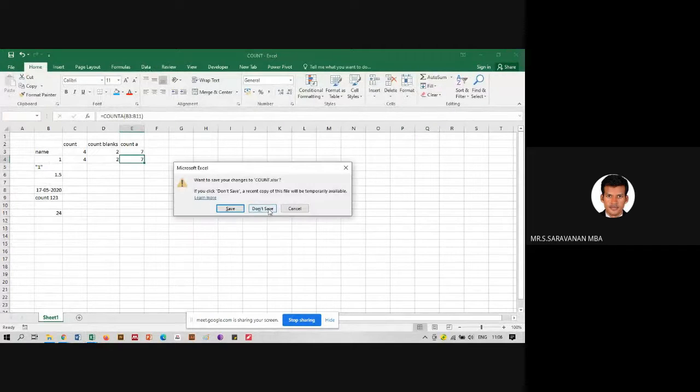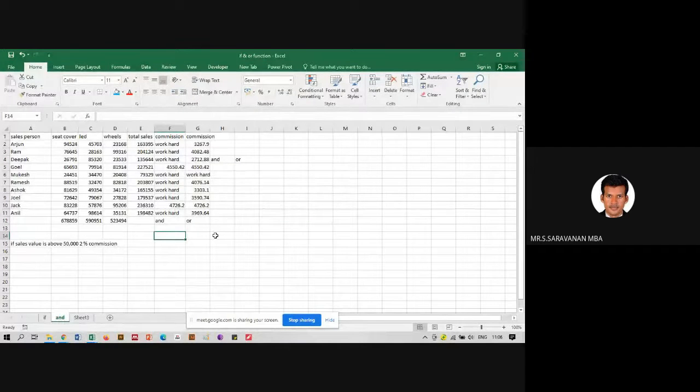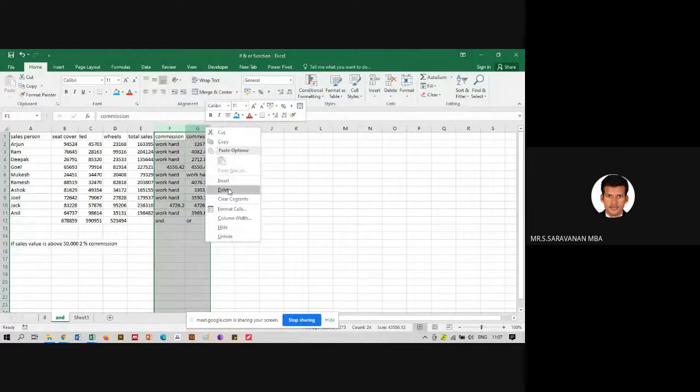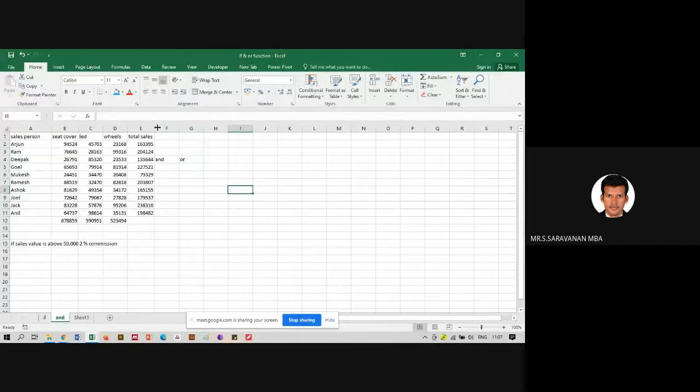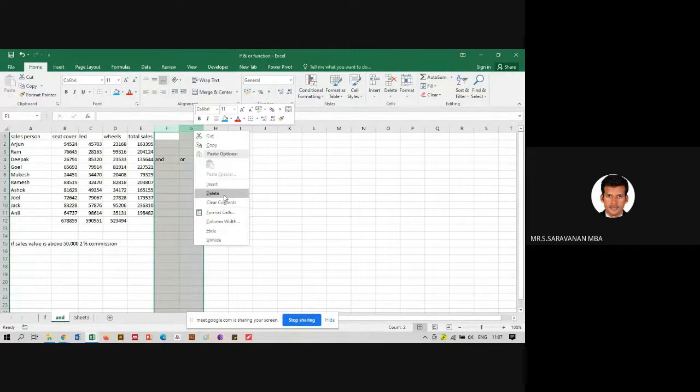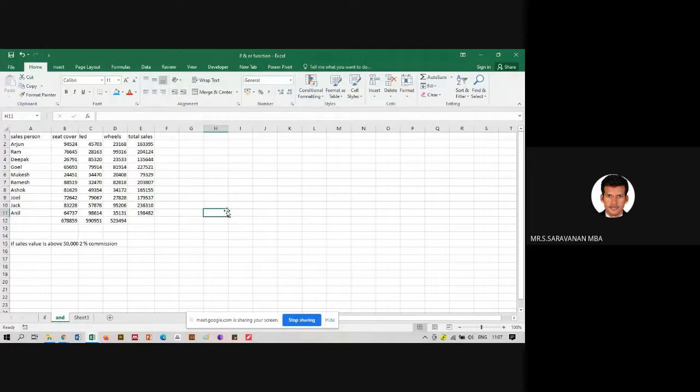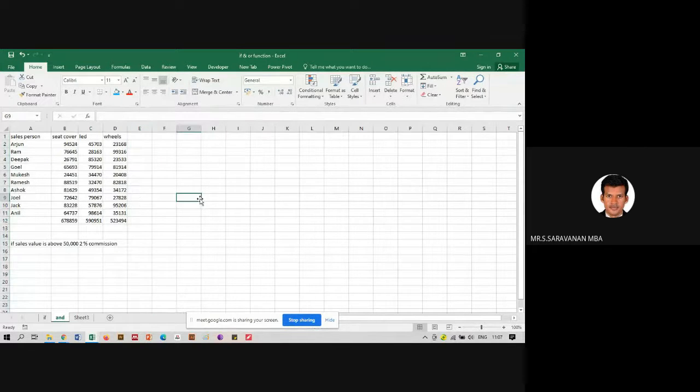Okay, let's have some fun with the data. Okay, we will have this information. We will delete the commissions. So we have these 3 informations. Okay, we will delete the total also. We don't want the total. Okay, if you want to represent this data into a picture format, how do you do it?